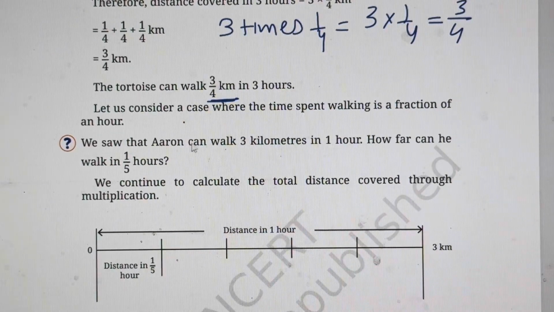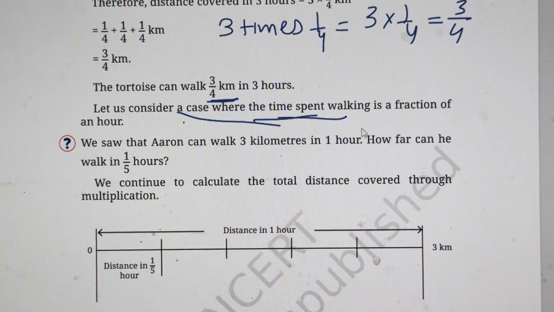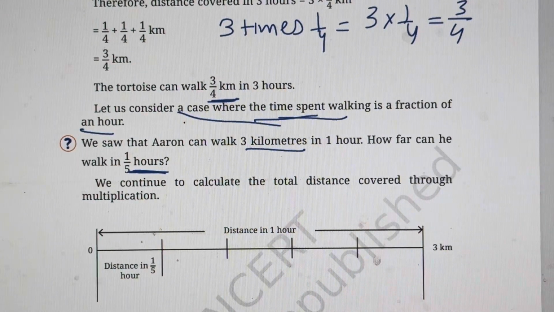Now let us consider another case where the time spent walking is a fraction of an hour. Till now it was 1 hour and the distance was in fractions. Now the time is in fractions. So what happens? We saw that Aaron can walk 3 kilometers in 1 hour. How far can he walk in 1/5 of an hour? So how do we do that? We divide